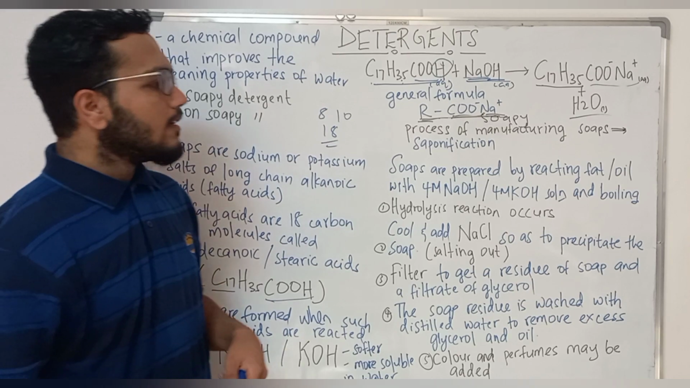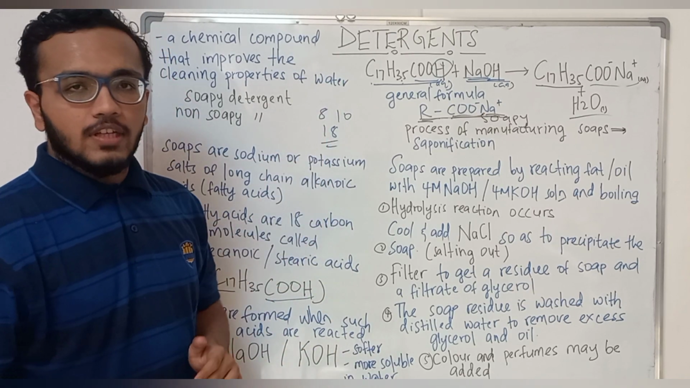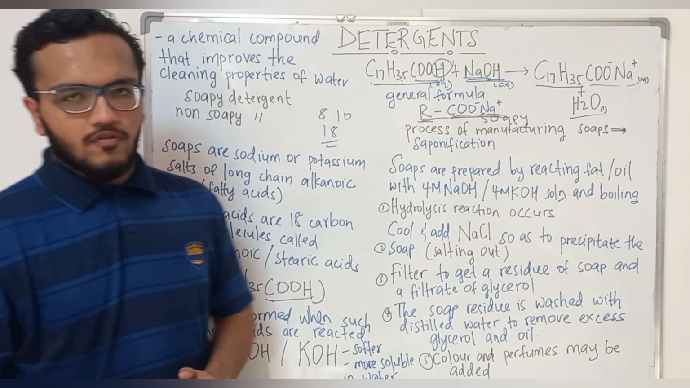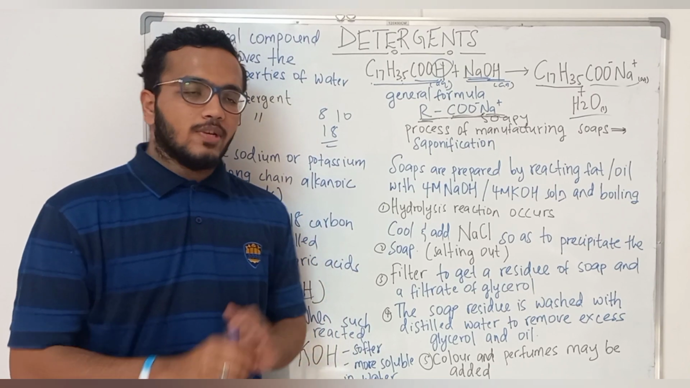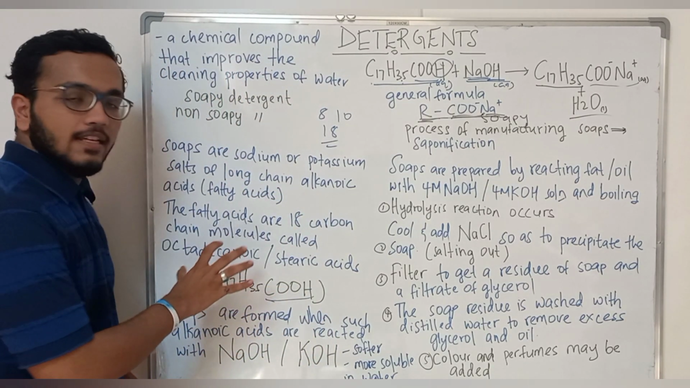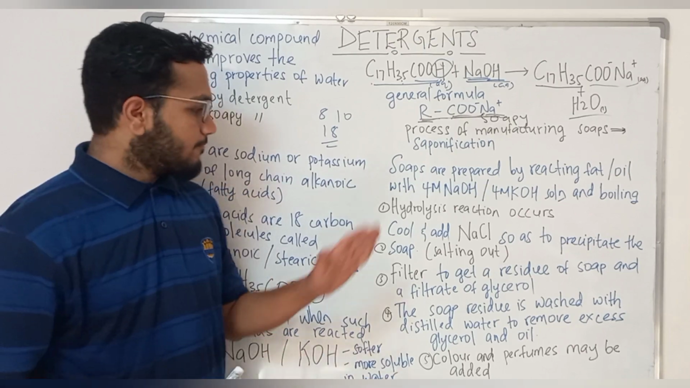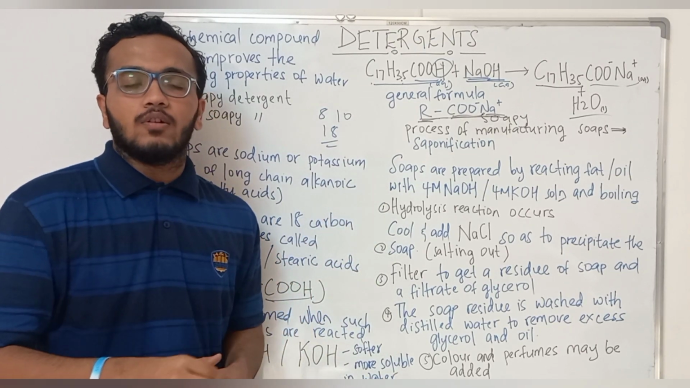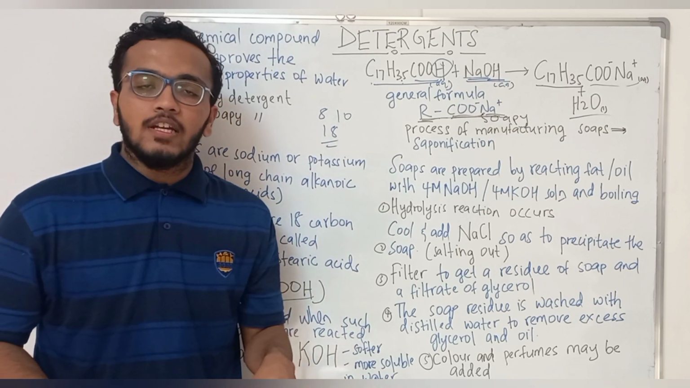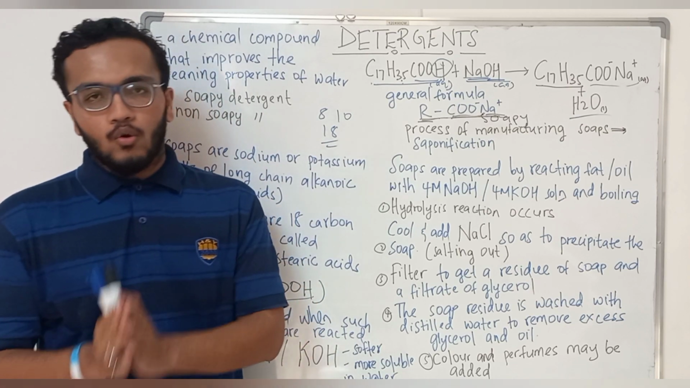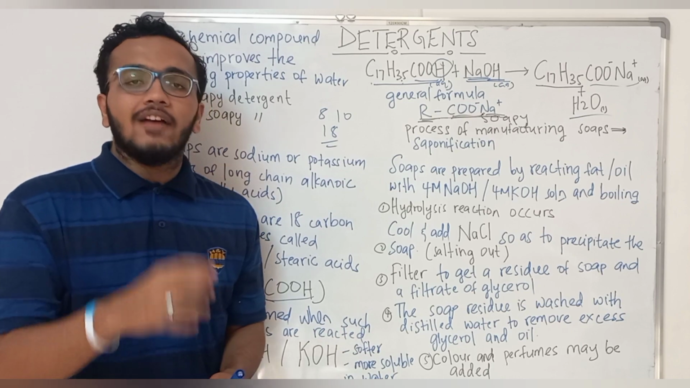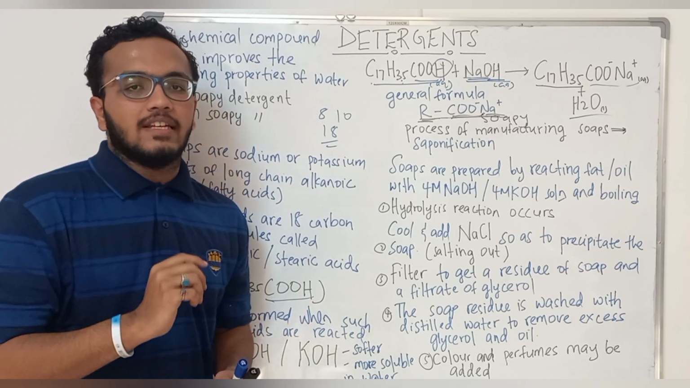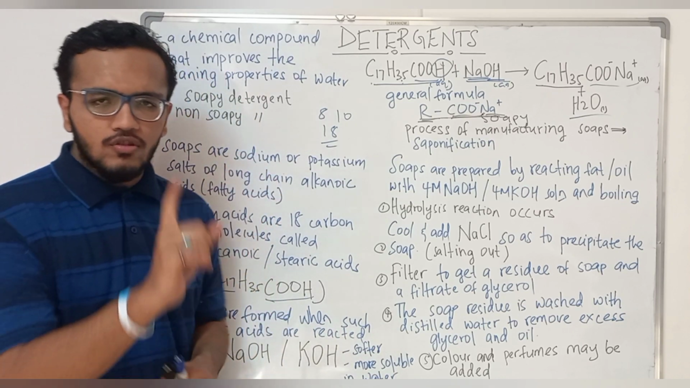Okay? Now, before we get into the chemical reaction, let's look at the process of manufacturing soap. So we say we are reacting an alkanoic acid with sodium hydroxide or potassium hydroxide. Now, alkanoic acids or the fatty acids are found in fat. So you can either use fat or oil. Now the fat and oil have esters of fatty acids. They have many fatty acids. It's not just one or